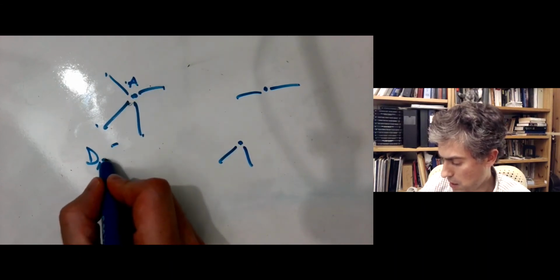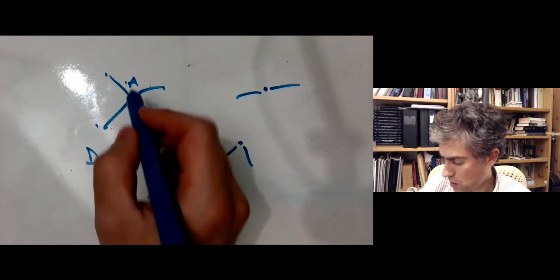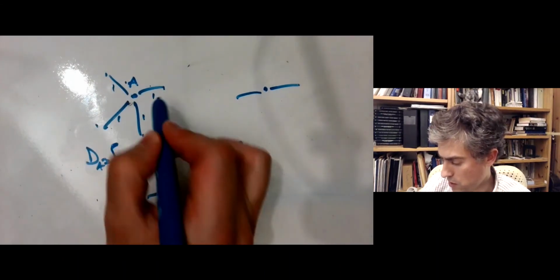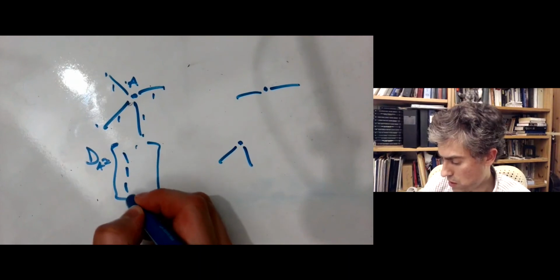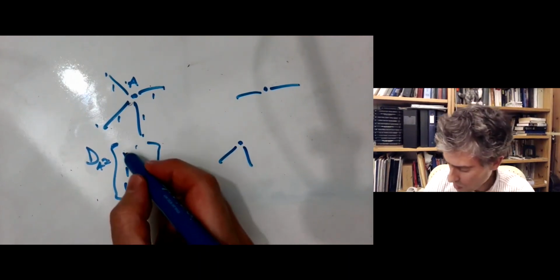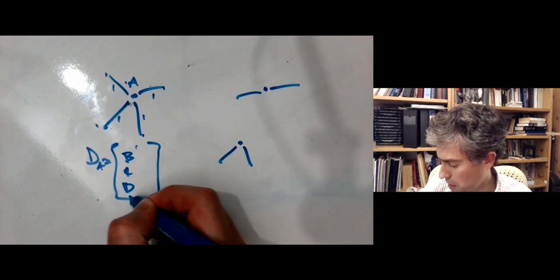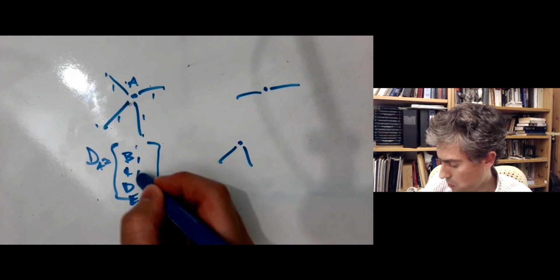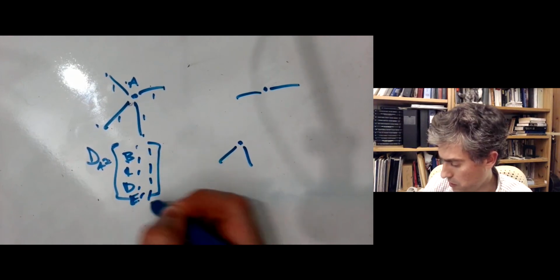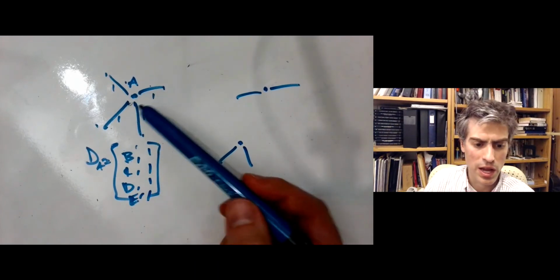This is A, which has 4 numbers. If these are all ones, then it might be cost 1 to reach all these different neighbors, which might have names like neighbor B, C, D, and E, with cost 1, 1, 1, 1. So this is kind of a distance vector that this node A